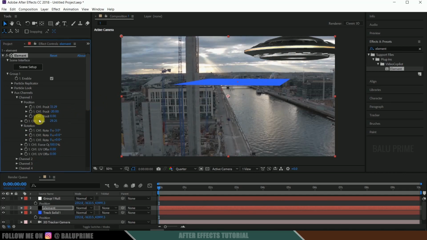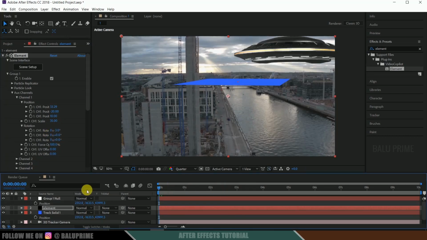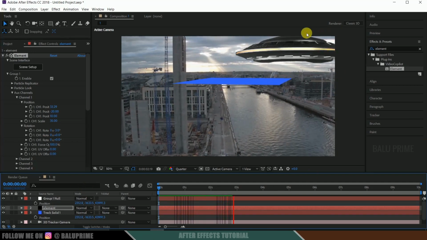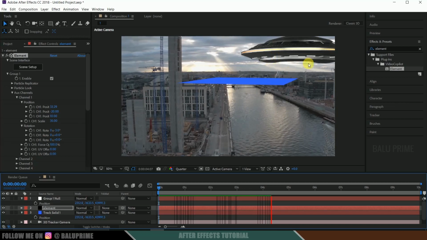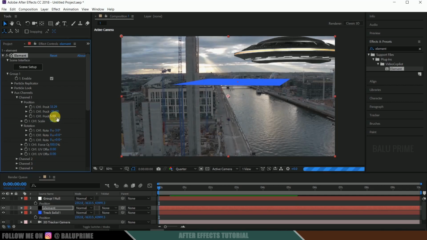Now channel Z position, let me change it to 15. Let me increase the scaling once again to 35. Channel position 10. Just play with the different values of this to get your preferred look here. So okay, now let's say, so where you can see it is staying at its position. Nice. Let me reduce this channel position too.